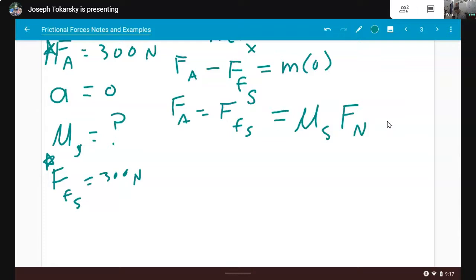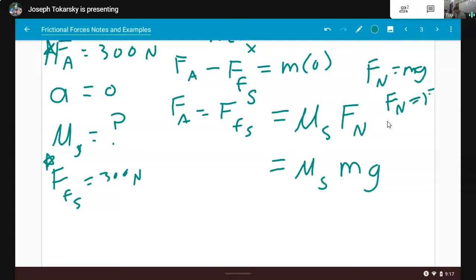And one more substitution. Mu static times mg, because remember, normal force equals mass times little g, because in this scenario, the normal force is balancing with the weight on the y-axis, F sub g. So now that we made all those substitutions after proving the balance here,